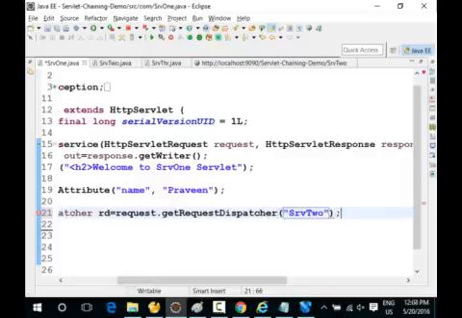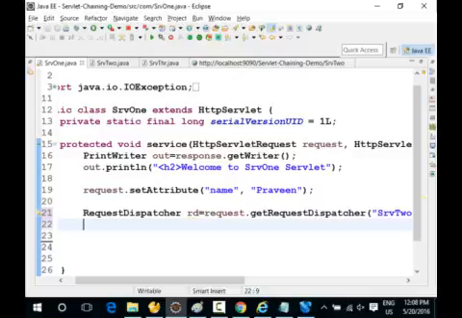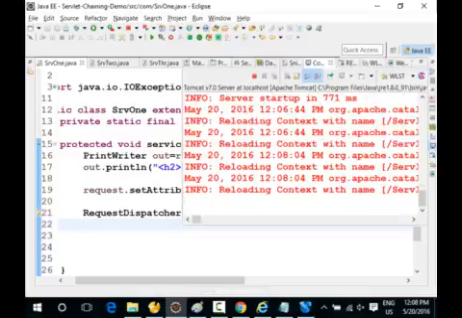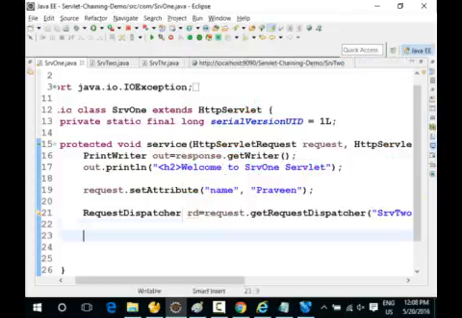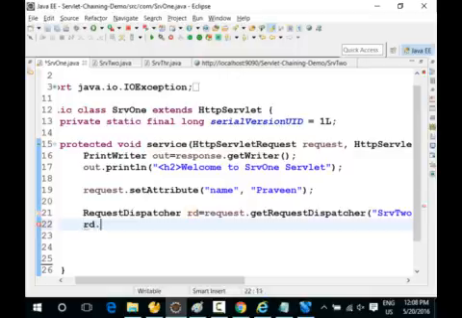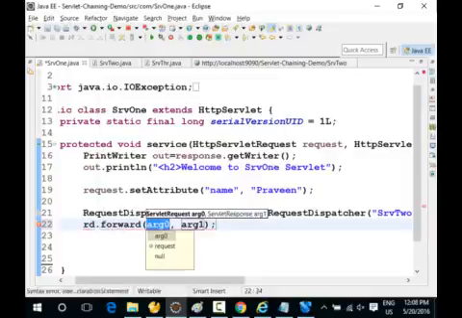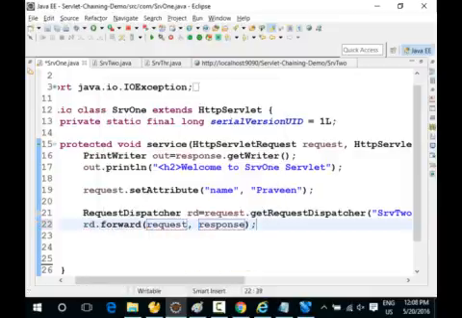That's okay. Now it's asking, okay boss, you are asking me to go to SRV2, and let me know what to do. Shall I directly go to SRV2 by forwarding, or shall I include the output of SRV1 plus SRV2 both? It's asking you. So you have two methods on top of the RD to execute. Number 1, forward. Number 2, include. I will explain both in detail now. So I'm going to use RD.forward. The forward will take the request and response of your SRV1 and go to SRV2, and hand over